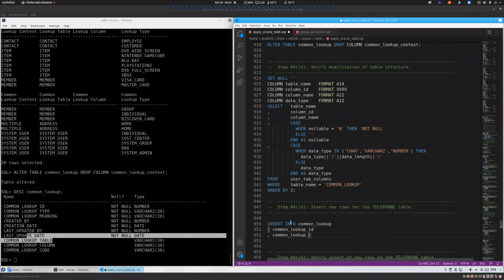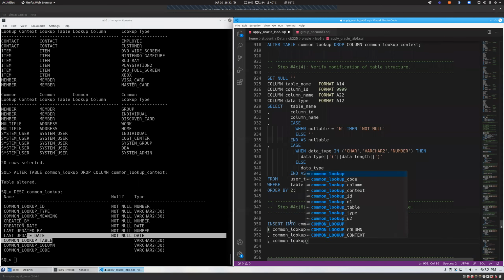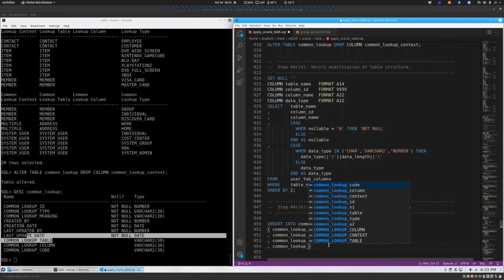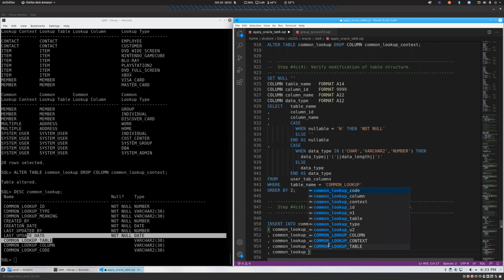So for example, on this one, I'm going to say common lookup table and common lookup column. You'll notice that even though they're at the bottom here, if I list them all in the right order and then put the values in the right order, it doesn't make a difference. Common lookup type and common lookup meaning,